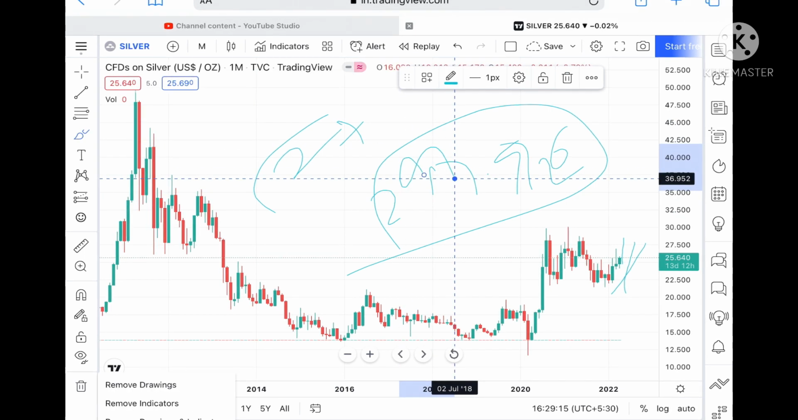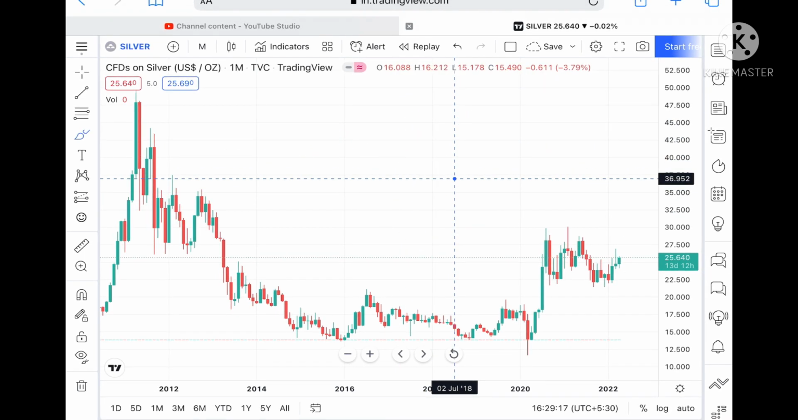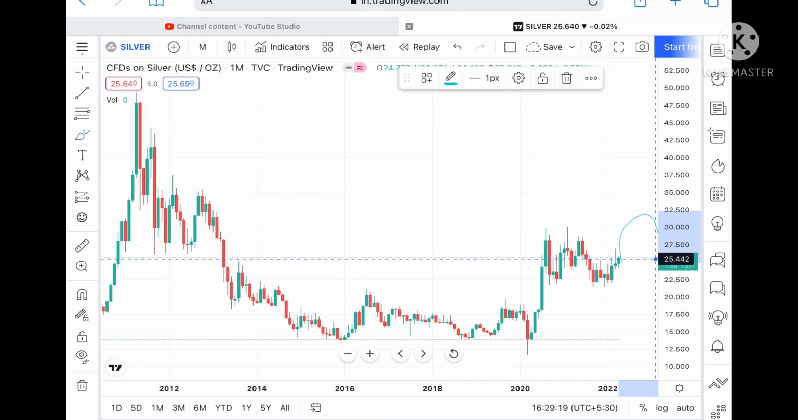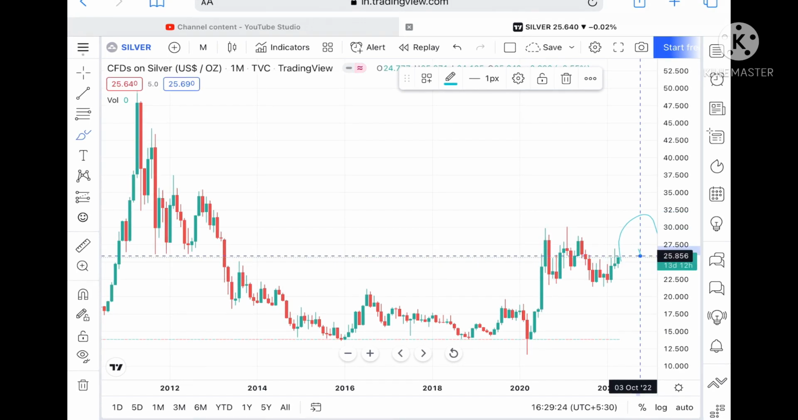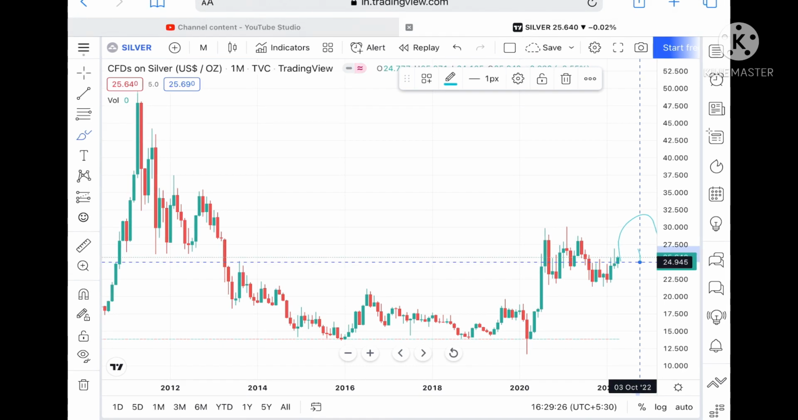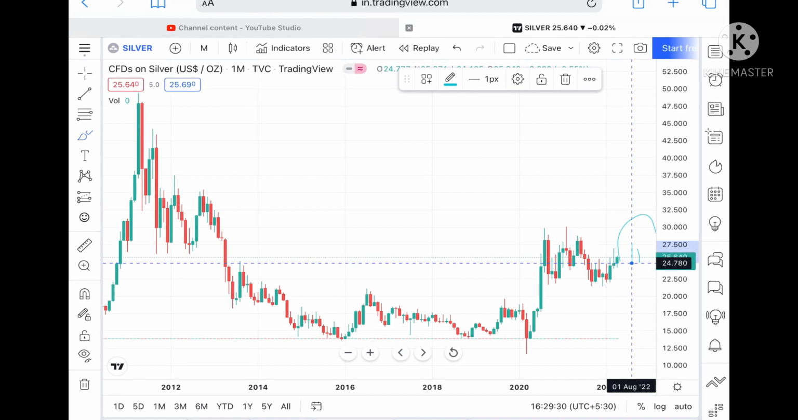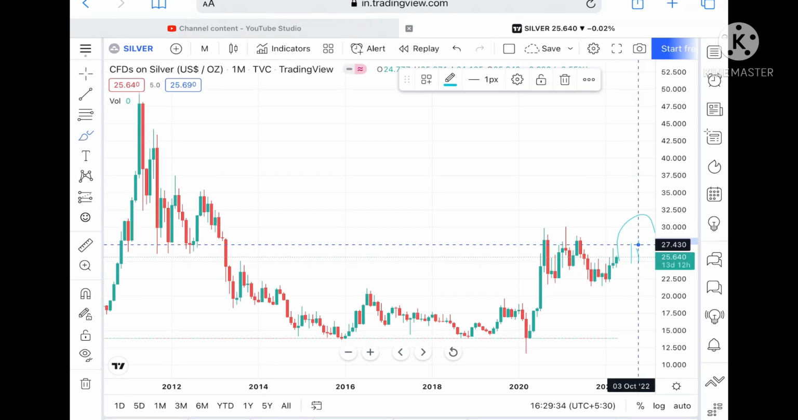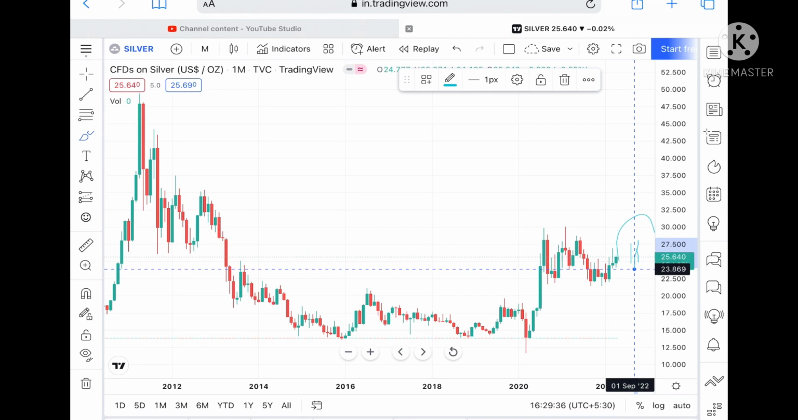But suppose the price doesn't sustain this particular level, then we can see it can come down to a level of 25.525, and if it goes below this level, then we can see it can move further low to a level of 24.945. Suppose the price goes below this level, then we can see it can touch a level of 24.697, and if the price goes below this level, then we can see it can fall further towards a level of